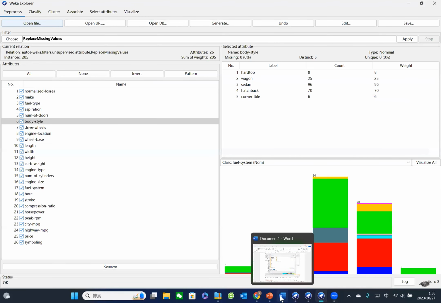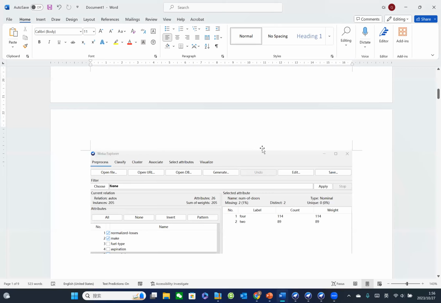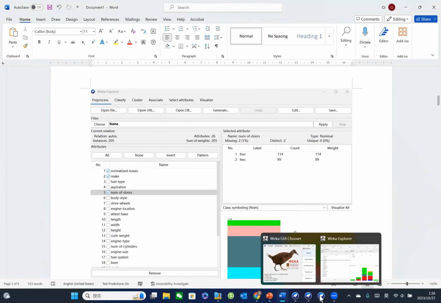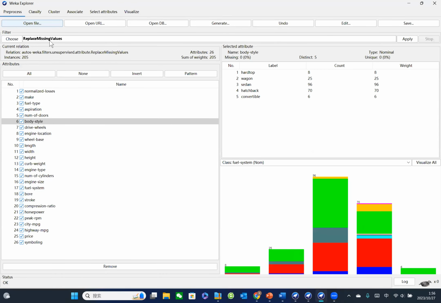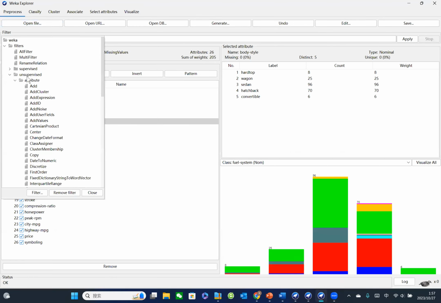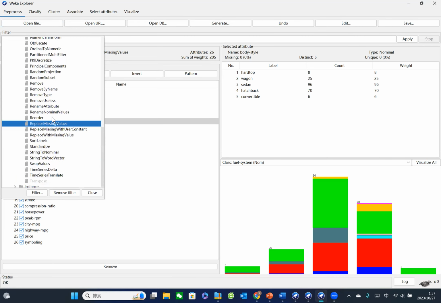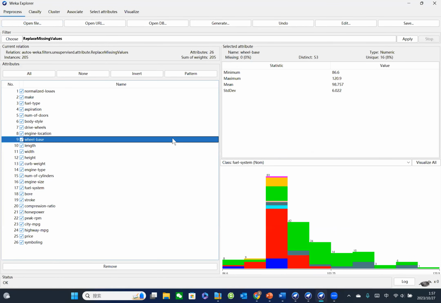and there you can see there is a missing value. So I choose the replace missing value method to solve this problem, in the unsupervised filters, and click the replace missing value. This method is flexible, and helps to choose the most suitable data or alternative method for gathering and analyzing